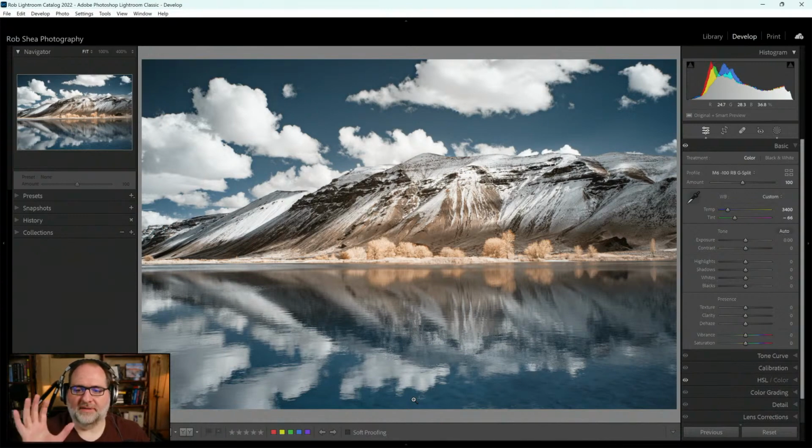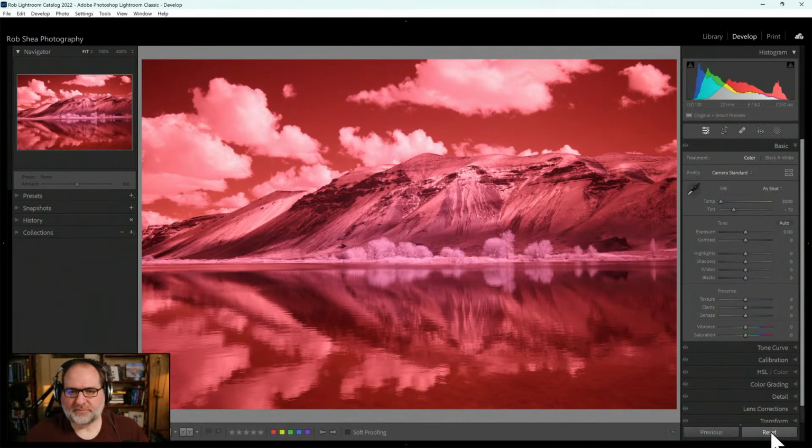I love the scenery, the reflections, the use of the sky and the subject. Excellent subject for infrared. So let's go back. This is sort of the final version. Let me reset and take a look at what it looked like in the beginning. So this is the version as I saw it originally, and let's walk through the process that I used to